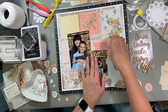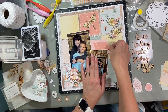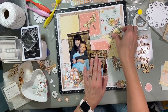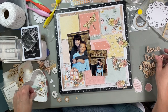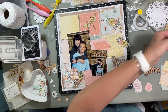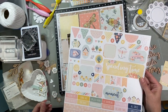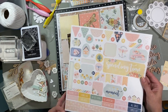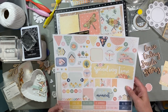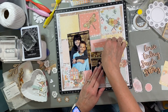Or it could just kind of stack on there like that, match the holes up. I kind of like that. Okay, and then on top, I have this happy day, because, you know, I do still have this whole sticker sheet. I just like to try to use some of my stash, but there's tons of stickers here I could use. I think I wanted to use happy day,